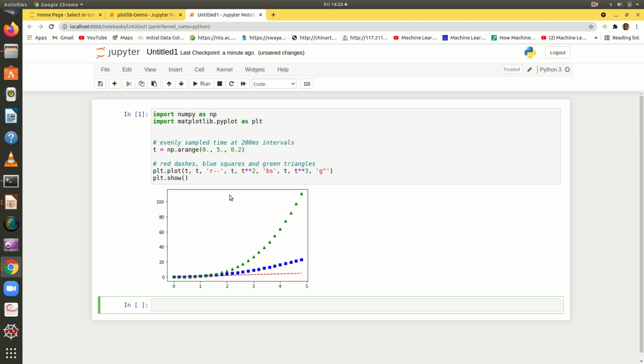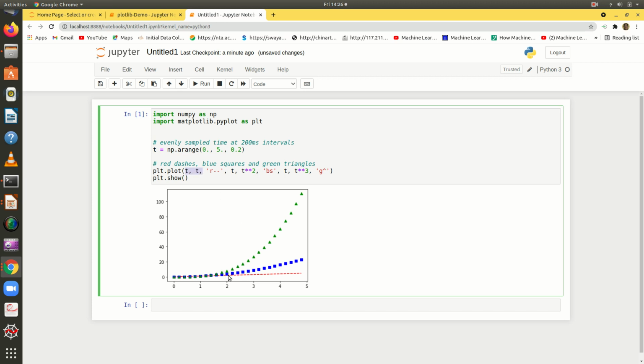So in a single graph itself, I have plotted 3 pieces of information, with different colors and different styles also. You can observe here, I am using t, which is the input value, and for t with the same value.